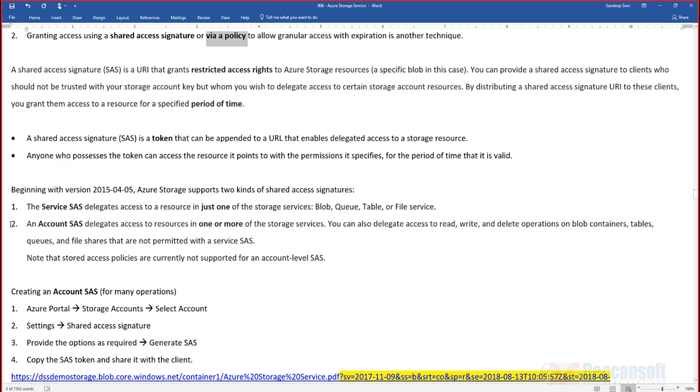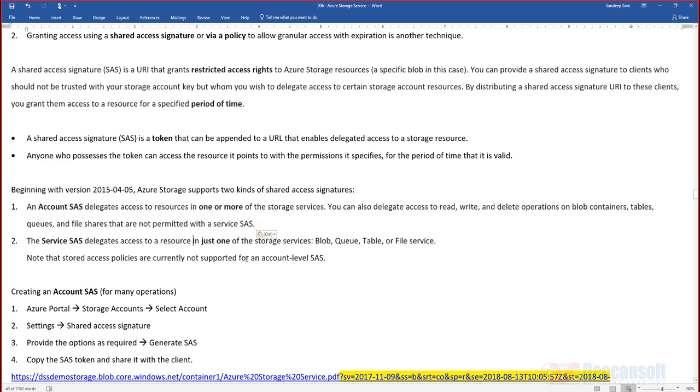There are two types of SAS token, account SAS and service SAS. Account SAS is at the account level, that means it can be used for all the services, whereas service SAS is for only one particular service at a time. It can be created for blob separately, queue separately, table separately and file separately, but not together. A common SAS token will not work for all of them, but a common account SAS token does work for